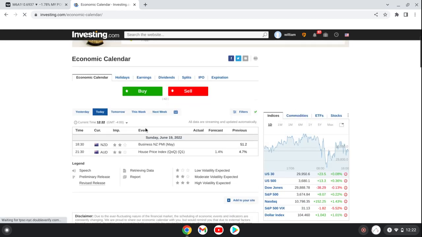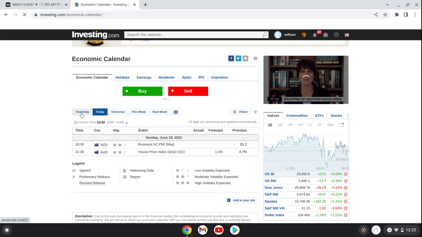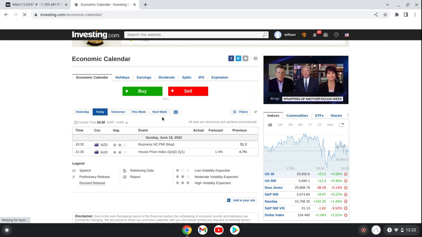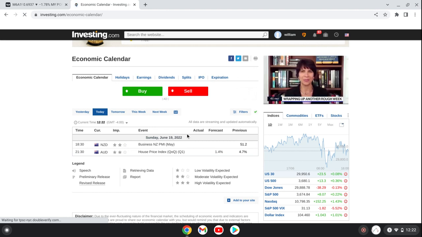And this is the calendar. You can look at the news from yesterday, today, tomorrow, this week, which is the whole week, or next week. For right now, we're going to focus on today, since today's the day. So what you see here is what you can actually customize on your chart. Since we're only going to be focused on Australia, and we're only going to be focused on the US,